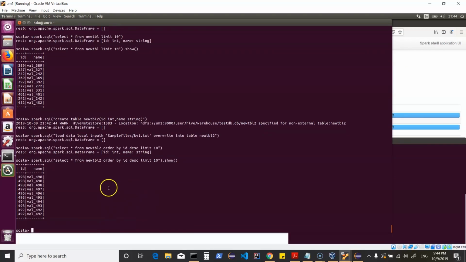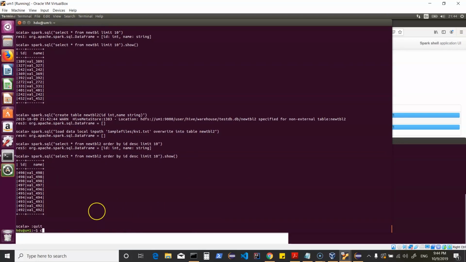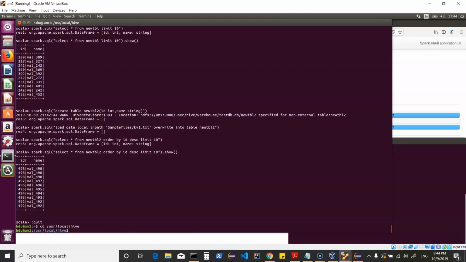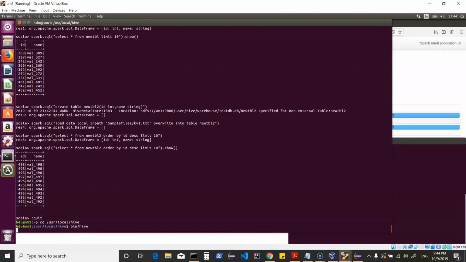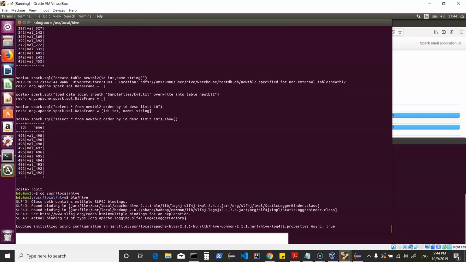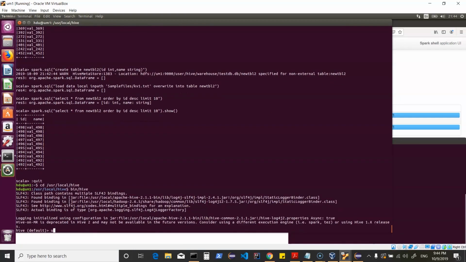So we are interacting with Hive, we are creating a table, we are loading data into it, and we are running a query using in-memory processing using data frames, and that does not trigger a MapReduce job. If we had done the same thing using Hive, let me just show you here. So let's get into Hive. Let's start the Hive shell. Let's use our database, and then we can query our table.